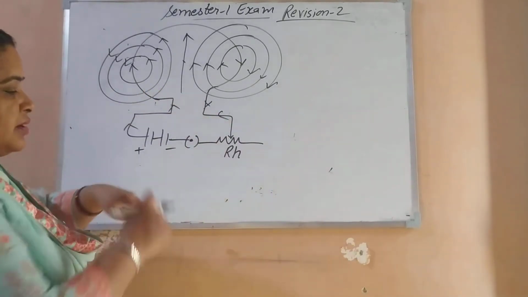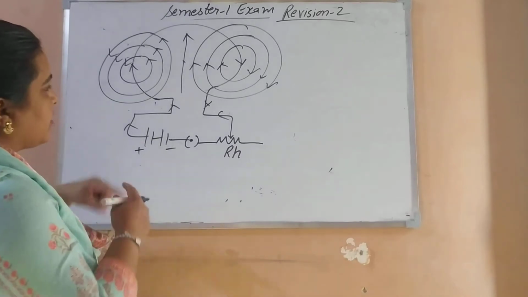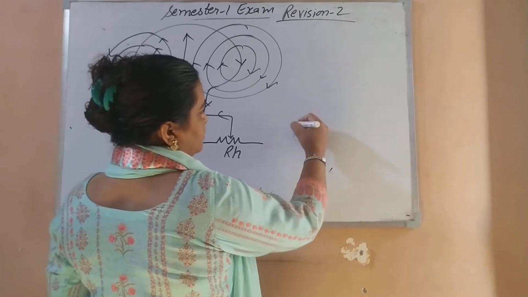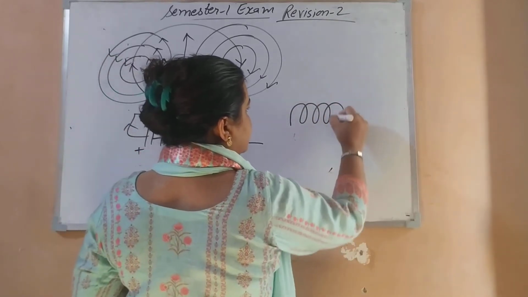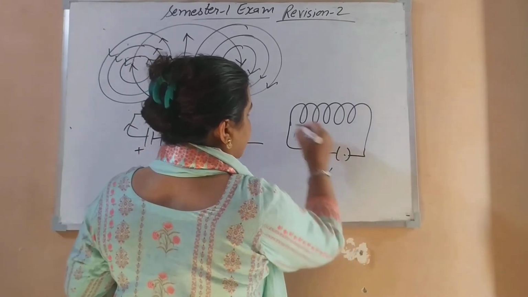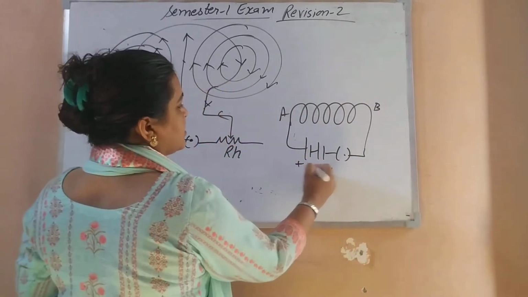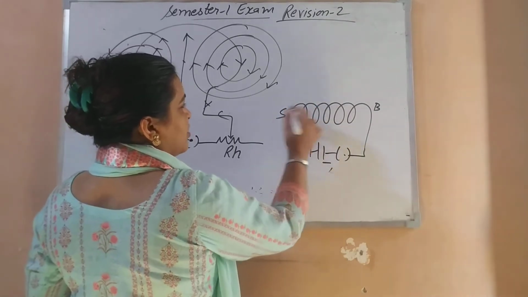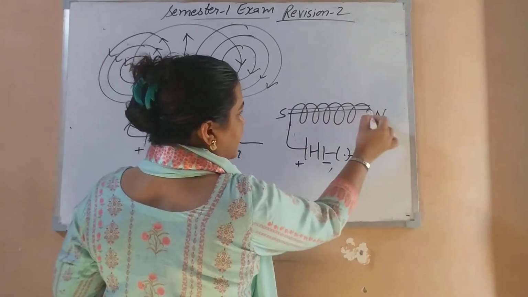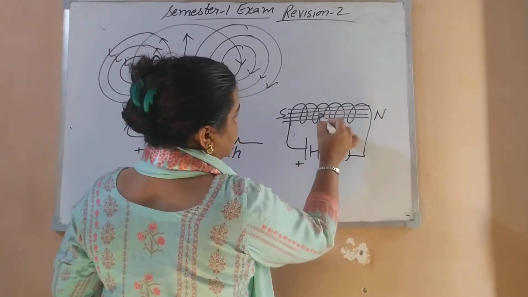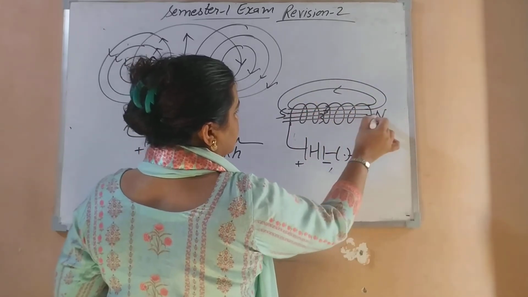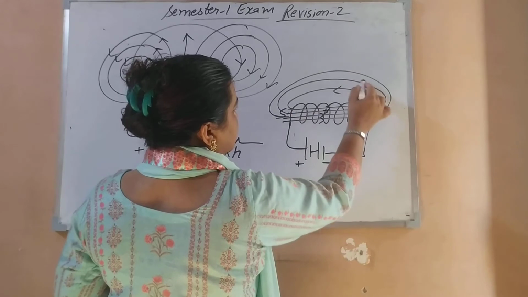Now when a number of turns of coil are wrapped in helical form of an insulated copper wire, it forms a solenoid. This arrangement is known as a solenoid. The key is there, with this A end and B end, positive and negative. The A end would act as a south pole and the B end would act as a north pole. Inside this solenoid, the field lines are parallel to each other. And outside, the field lines go from north to south.